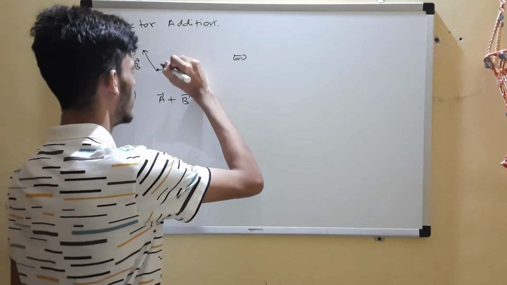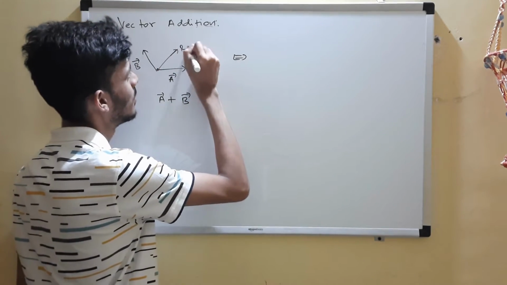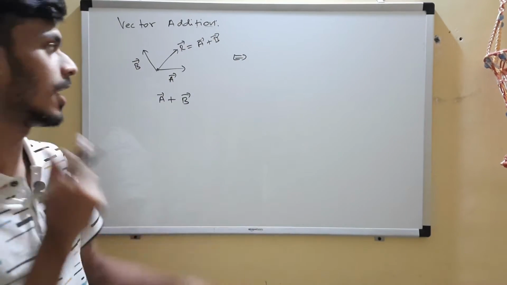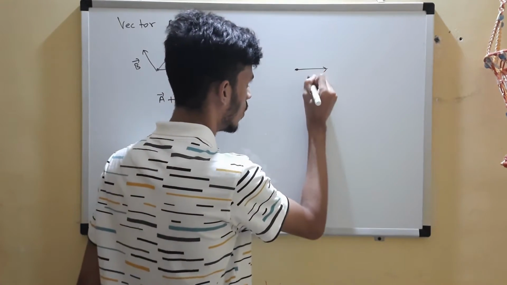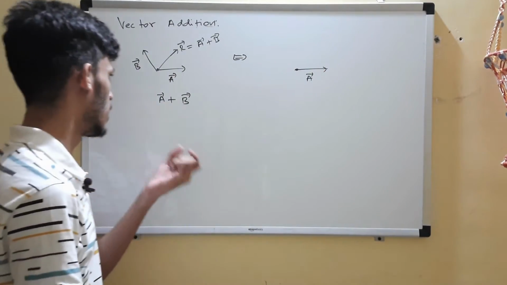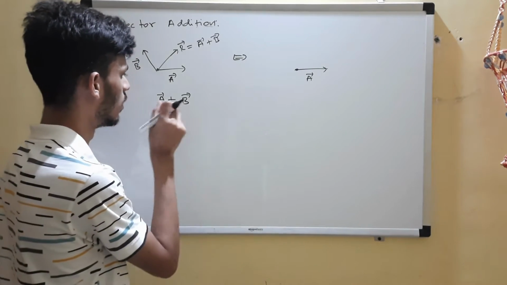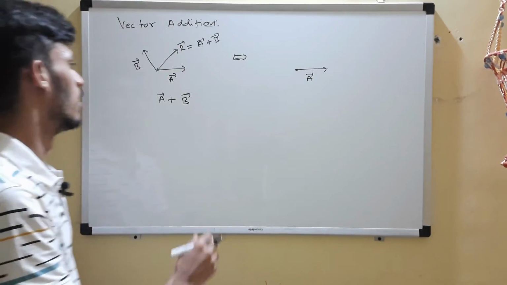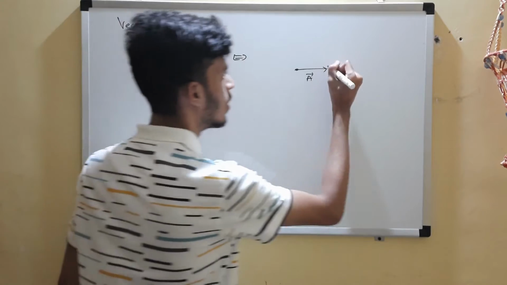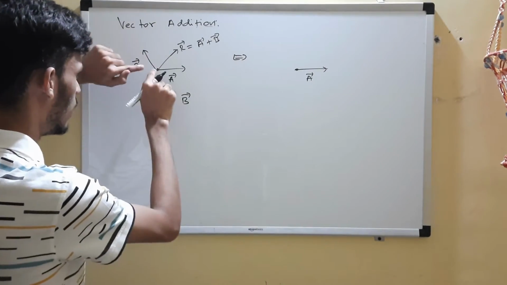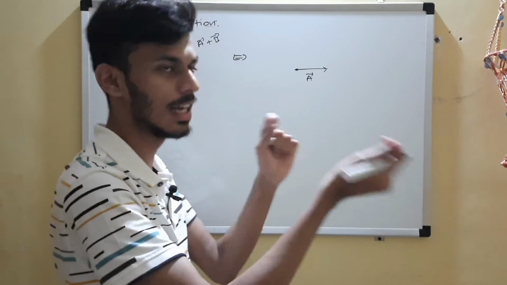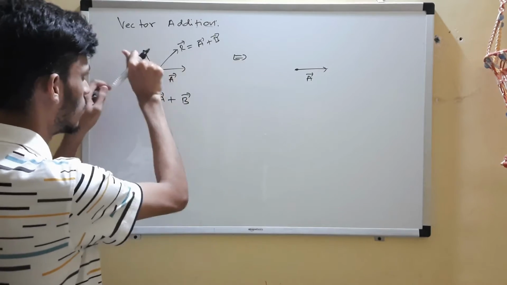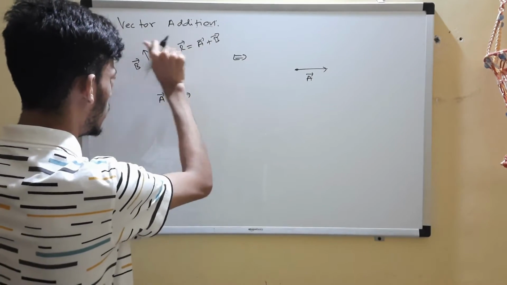Now I will use the cheat code. My cheat code says this thing. I'll tell you how I got this, but you try it by the triangle law. First you will draw the vector a this way, and the tail of vector b should be on the head of a. Second vector's tail should be on the head of the first. So you have to shift that b. If you see, both of their tails are matching, but we want a head-tail combination. So we have to shift b over here.